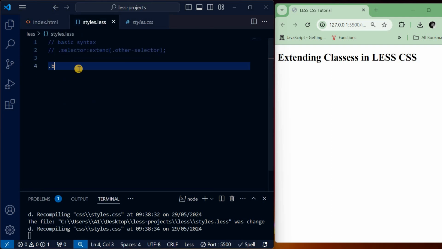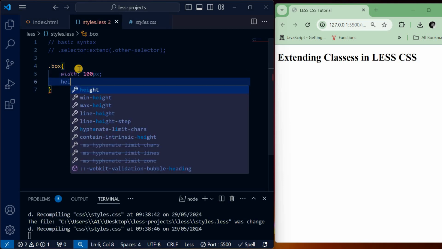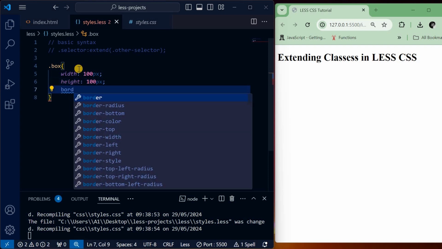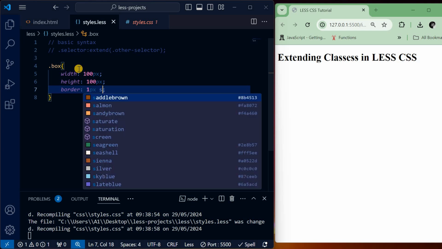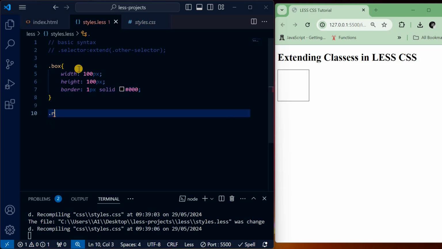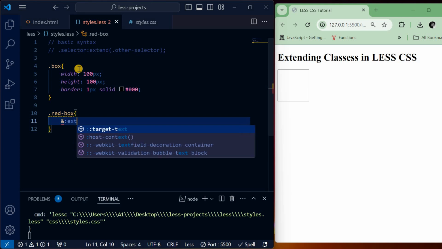So what we do is we shall just get the class box, then we can give it a width of 100 pixels. We can also give it a height of 100 pixels. And we can give it a border of 1 pixel solid and give it a color. Then for the red box, we just have to do &:extend,